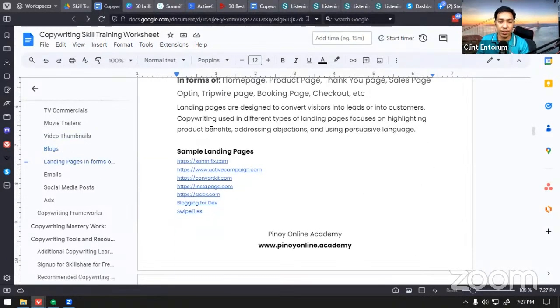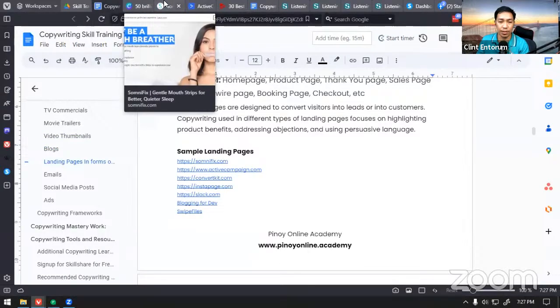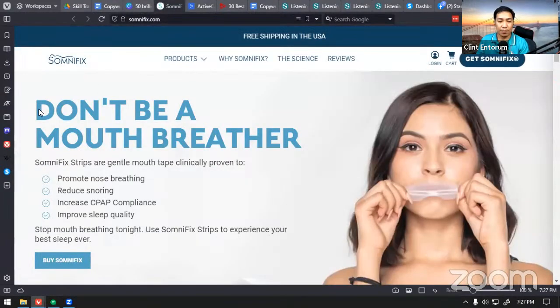Then landing pages, as I showed earlier, so this is the sample of the landing pages. It has a copy there. So you have a headline, a sub-headline, bullet points, and so on and so forth. I will not go into detail here, because I have resources for you to go through, because that's part of the assignment. Okay, so you have an assignment that you are going to spend time on, to really dig deeper on copywriting.